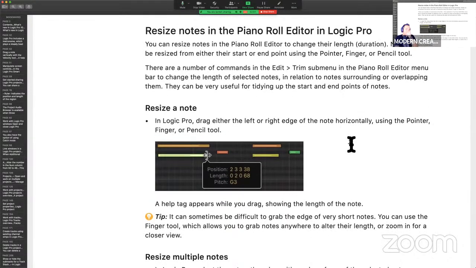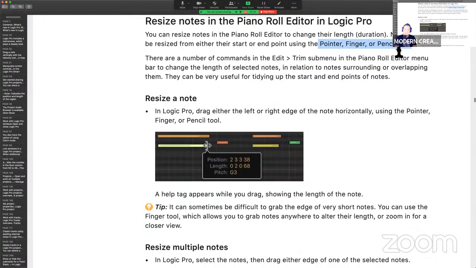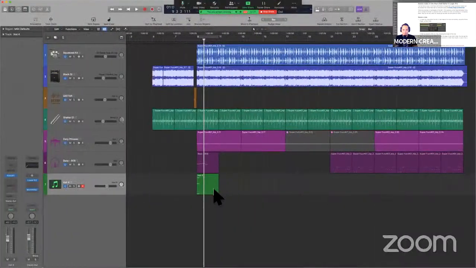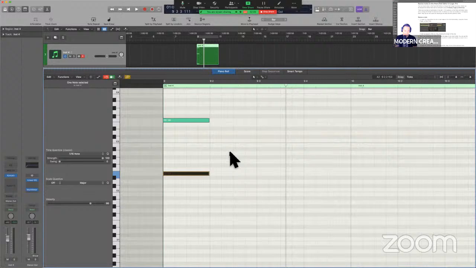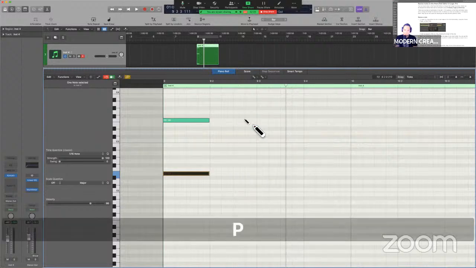So look, resizing notes. Talk about resizing notes. We could do it with what? The pointer finger or pencil tool. Notes can be resized from either start using these tools here. With the pencil tool, we know that we click and hold. I believe there was a key command as well from what I remember. T, P,